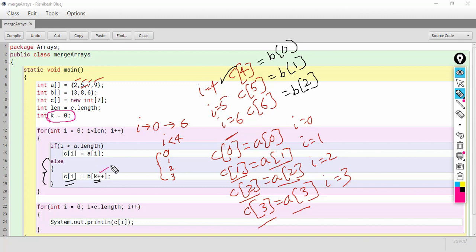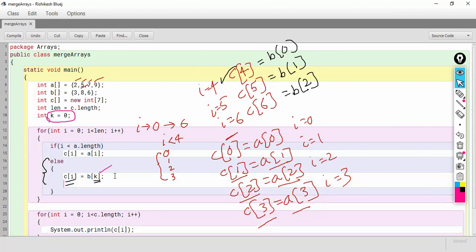If you are confused with this statement, I can replace it and keep it simple. K value is 0, so B of 0 will be assigned to C of 4. Then k will become 1.